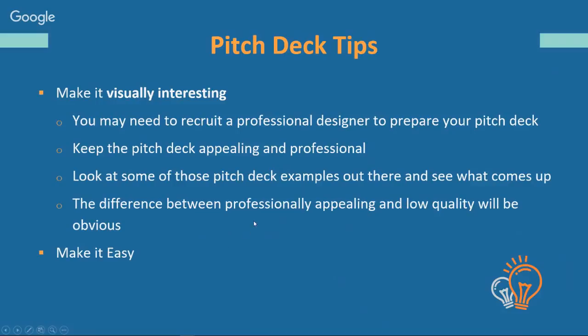Don't put a bunch of crazy statistics, crazy information that they're not going to understand. Okay, we've all seen this before. If you watch the show Shark Tank, there are people that come in and start talking gibberish where the sharks are like, what are you talking about? Nothing you're saying even makes sense. You'll hear them say things like, you've been out here for 5 minutes and I still don't even understand what you do. Okay, that's the problem with not being